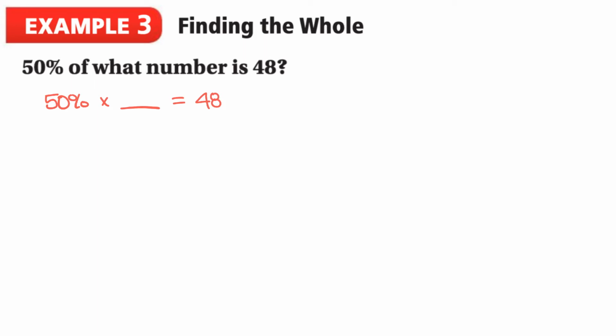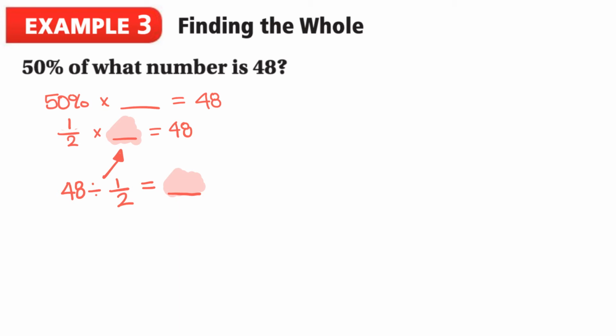Now, we can write this percentage as a fraction. So 50 over 100 times some number is 48. But we should see that 50 over 100 is also the fraction 1 over 2. So it's better to simplify this fraction now so that it's smaller. So, if 1/2 times some number is 48, then to get what this number is, we should divide 48 divided